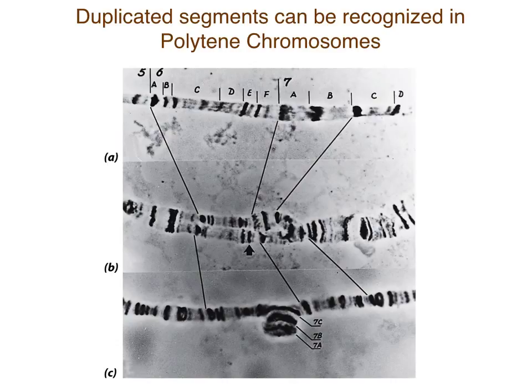You would look at the banding pattern. If the banding pattern was here, here, and then all of a sudden this bulge came out with that same banding pattern, you say, okay, this is a duplication. If this banding pattern you didn't see anywhere around there, you say, okay, it's probably a deletion on the one side and then a duplication on the other. And so the polytene chromosomes really allowed us to anchor down and figure out exactly where, and we'll talk about this in chapter 7, exactly where these mutations were occurring.